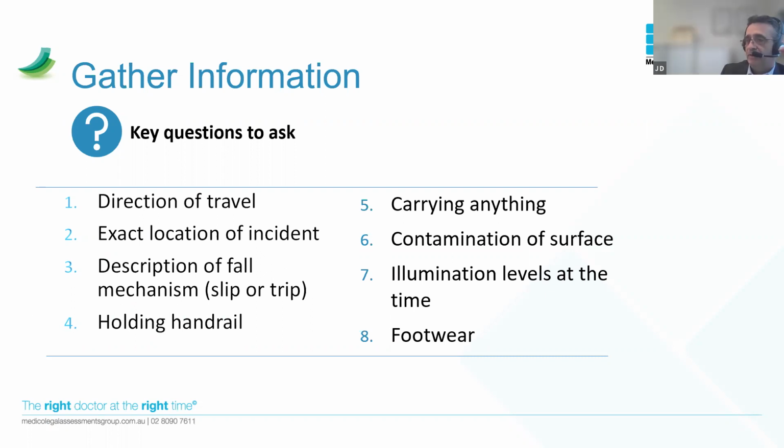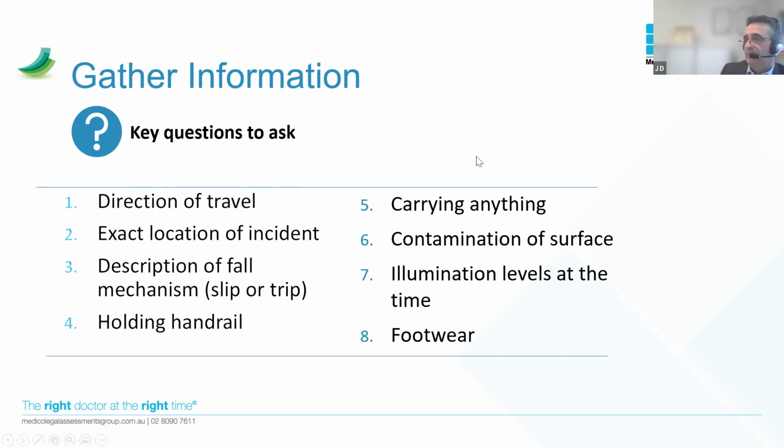Description of the fall mechanism. Did they slip? Did they trip? And how did they fall? Were they holding onto a handrail? Were they required to carry anything? Was there any contamination of the surface? Also the illumination levels at the time, and also their footwear. All these are factors that are likely going to be important later on, and getting a good description of these